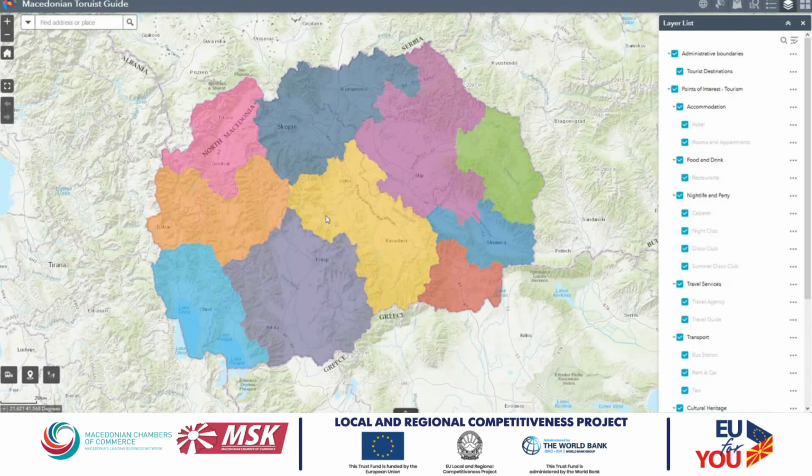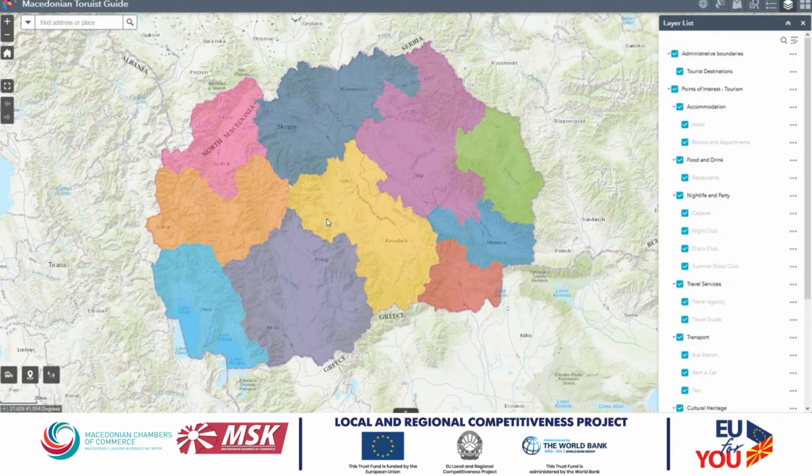Welcome to the presentation of the functionalities for the application for tourism development in Macedonia. In the next couple of minutes, we will introduce you how to find and choose historical monuments in your surrounding area. This application provides many different types of researching, locating, and overview to all points of interest on the map.